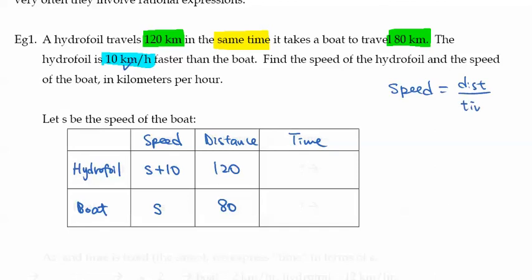Speed equals distance over time, but we don't have the time. How can I use the speed and distance to come up with the time? Distance over speed, yeah. So by setting up a rational expression for time, distance over speed,